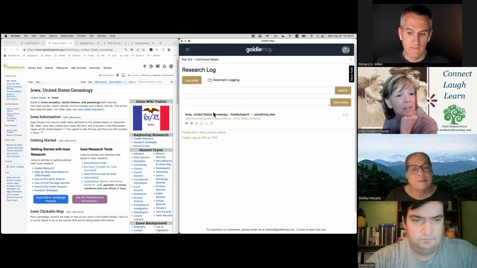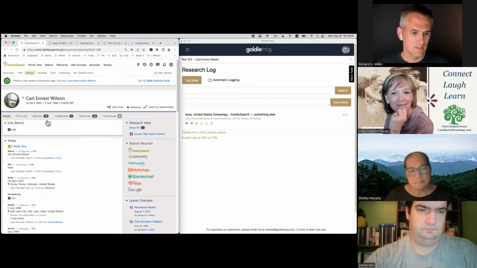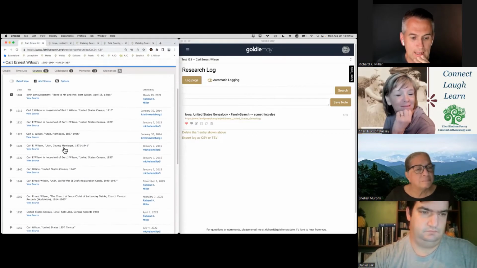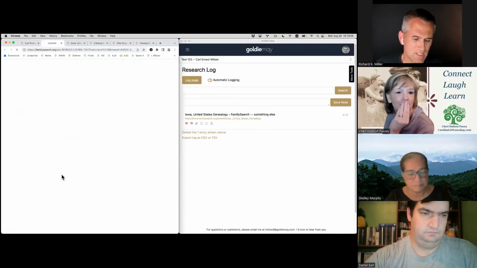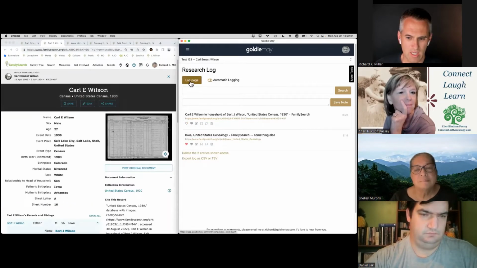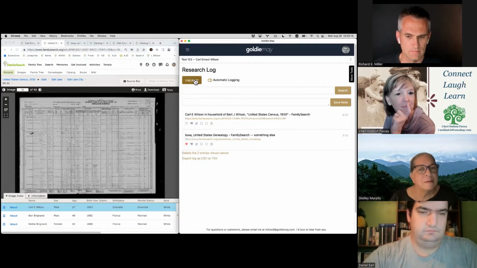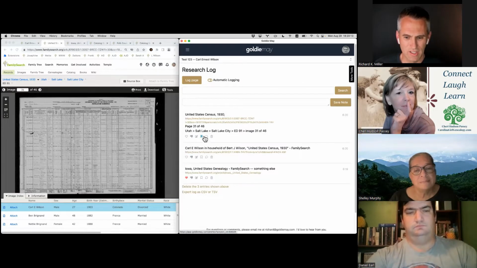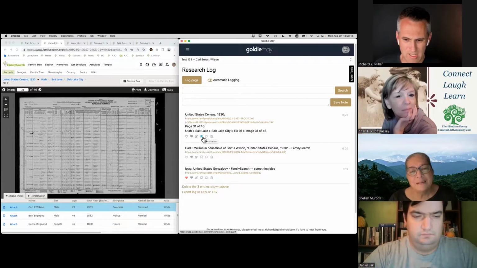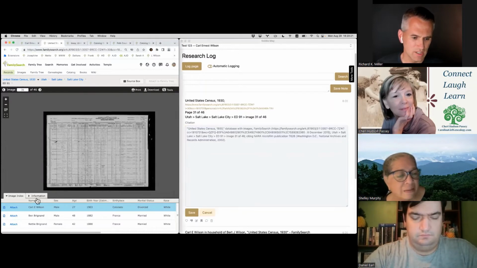And so in the case of citations on family search and ancestry, it will actually pick up the citation from those records. Let me show you that. As a premium feature, it will pick up the citation and drop that into the citation area. So let me go here, and I'll click log page. And let me go to one of these originals here. You'll notice the little bookmark turns dark, and that means that it picked up a citation for it. So it's copying out the citation that's on the tab here.